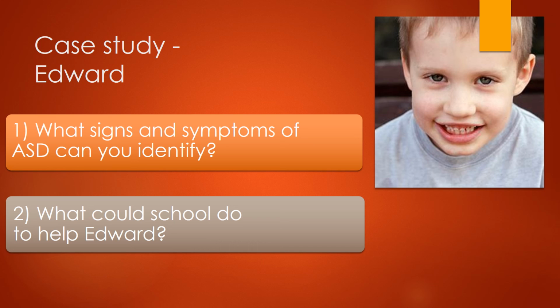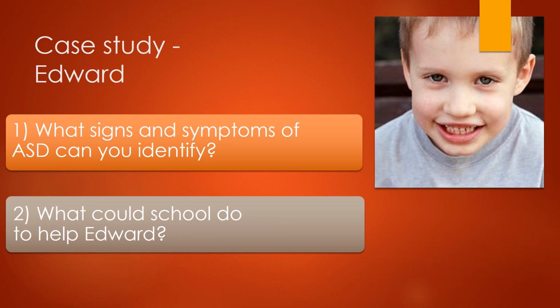Edward gets very, very distressed when it's bath time, as he says that the water hurts his skin. He hates having his teeth brushed, as he says that the toothpaste burns his mouth. Edward will only eat chicken nuggets and chips, and he is able to detect what brand it is by looking, smelling, and tasting the food. Edward finds his school uniform itchy and constantly pulls at his collar.